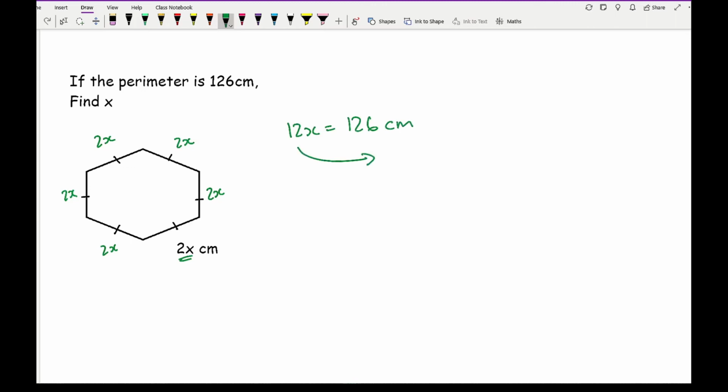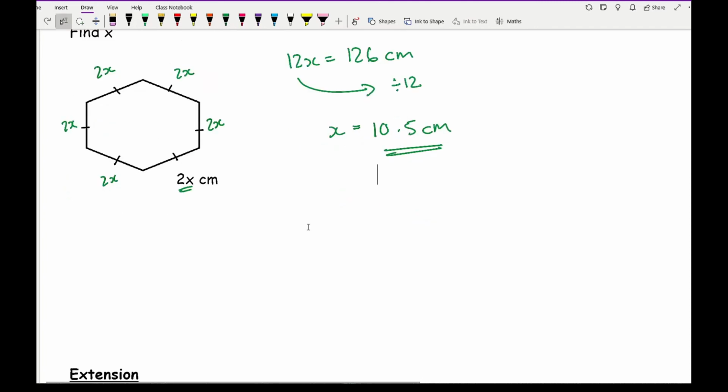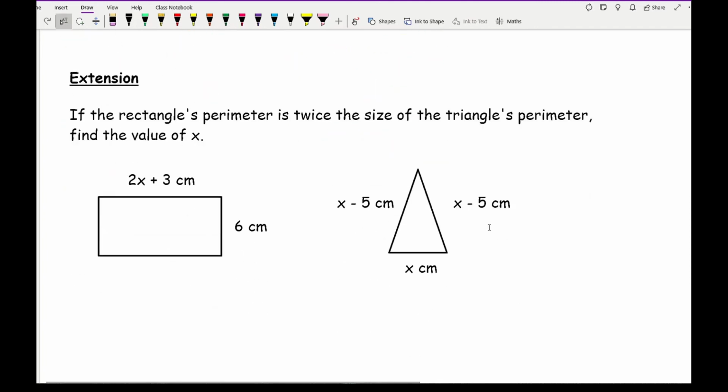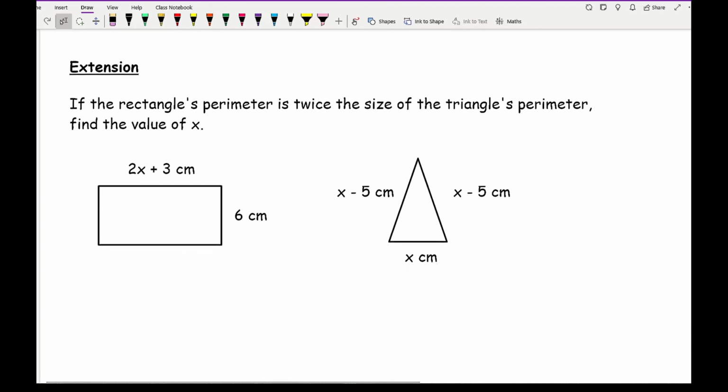So again, to find out x, I need to get rid of the 12, and I do that by dividing by 12. So x equals 126 divided by 12, and that gives me an answer of 10.5. And again, don't forget the units, which is centimeters. Now moving on to our last example here. In this extension question, it says if the rectangle's perimeter is twice the size of the triangle's perimeter, find